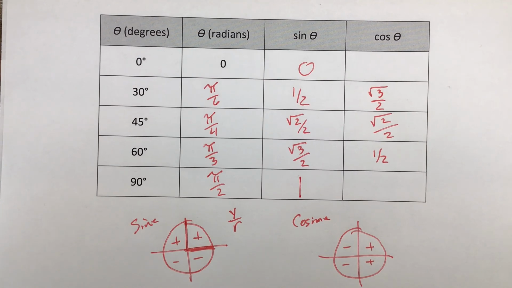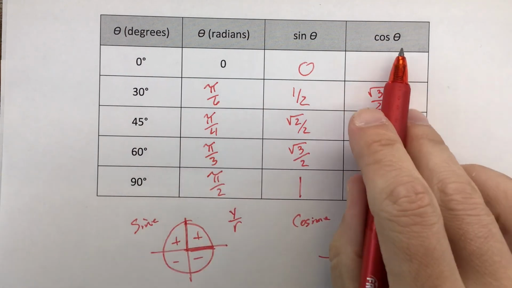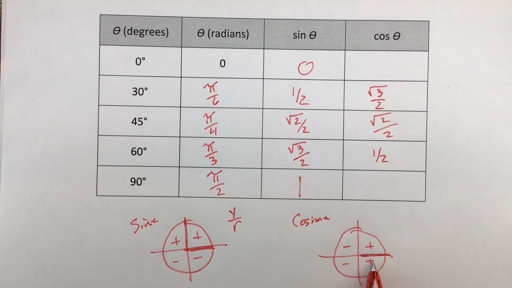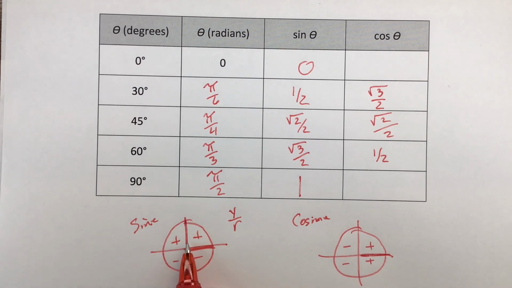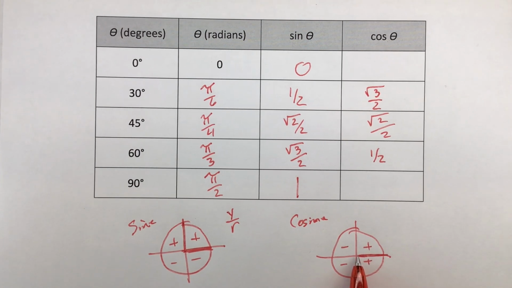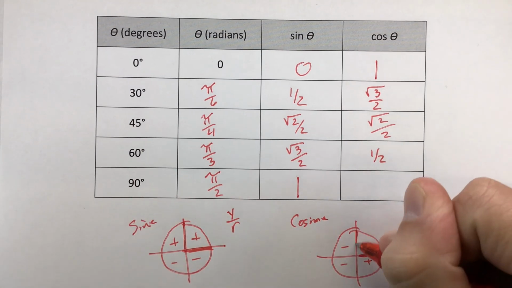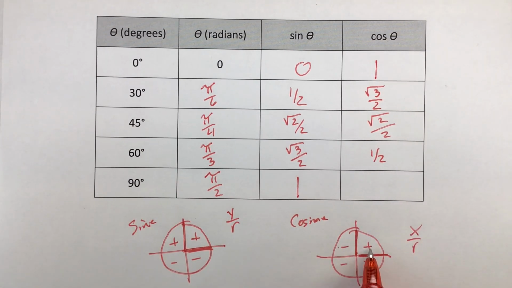For cosine, the cosine of 0 is right here, directly between two positives, which is what we saw with the sine. That is completely x value, no y value, so your x is the same thing as the radius, and that would reduce down to 1. And if we look at the cosine of 90 degrees, which would be up here, you're right between the positive and the negative. You have absolutely no x value, which means you'd be doing 0 divided by r,